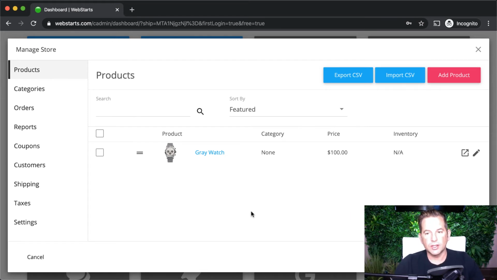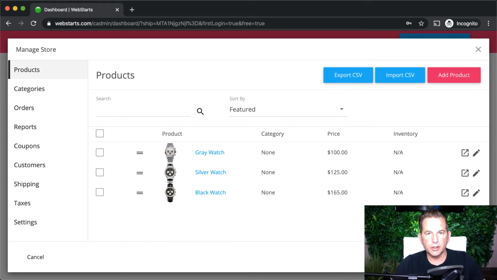I'm going to create a couple more products real quick, and then I'm going to meet you back here just so you can see what it looks like when you have 3 products created for your online store. I've quickly created 2 more products, so I have a total of 3 products in my store, and I'm now going to show you how you can adjust the way that those products are displayed on the store pages of